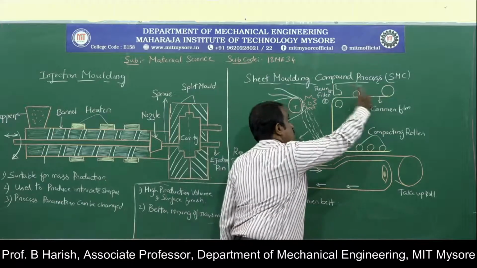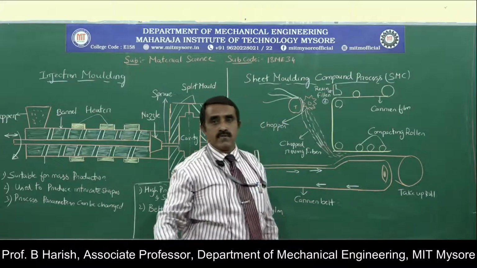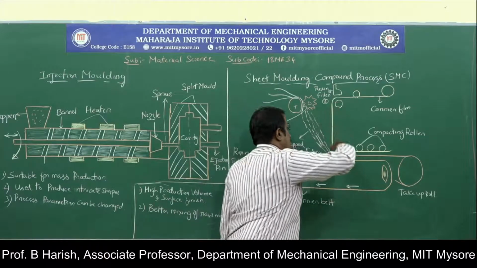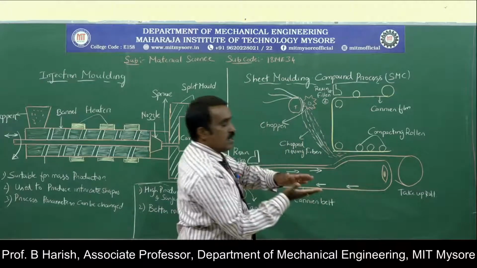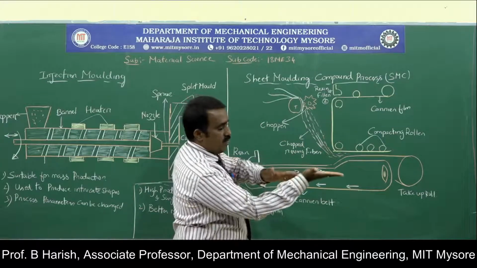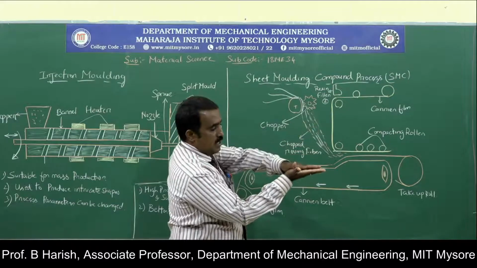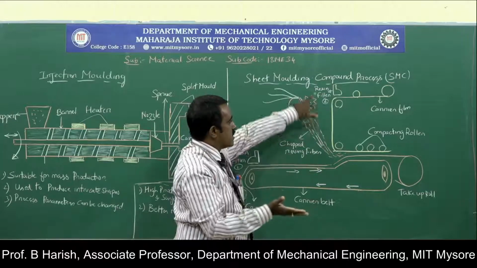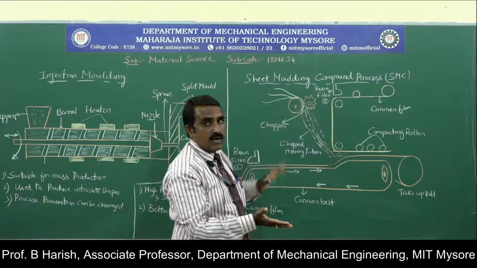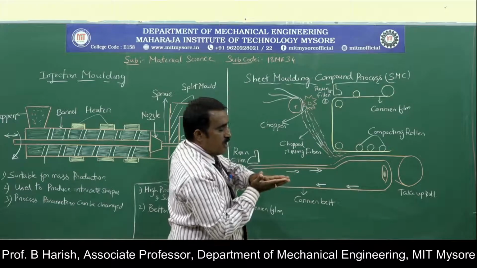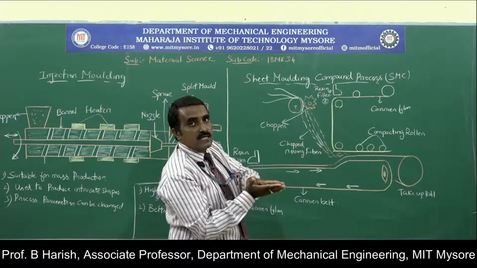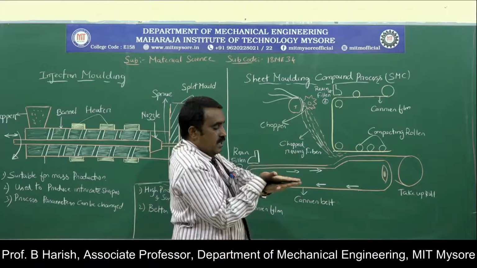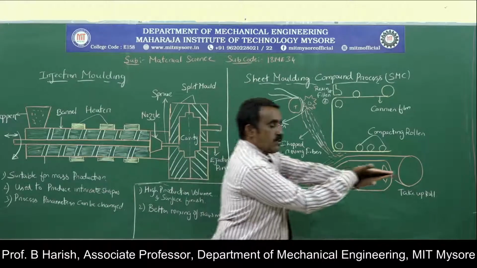At the same time, we have one more resin filler where once again the matrix material is filled. It flows in this direction and covers the reinforcement. The bottom one will be resin, that is the matrix. Then the intermediate layer will be reinforcement. Then over that we will once again have resin, coming through the resin filler. So it will be like a sandwich: bottom layer resin, in between reinforcement, then once again resin, and it moves slowly.